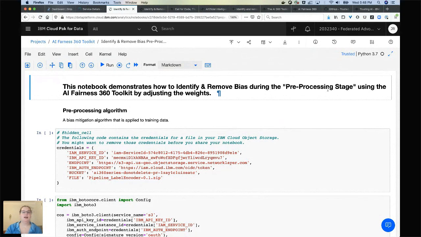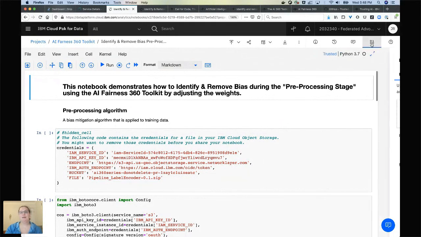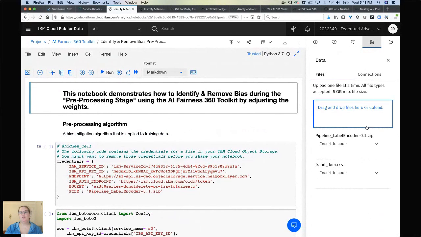Perfect. The next thing I'm going to do is, if you see this 0100 here, it says find and add data. So if you scroll down here, we have our pipeline encoder, which is going to be loaded as we work through our notebook and load it that way. But what we do want to do is insert our data to code. So your data here,